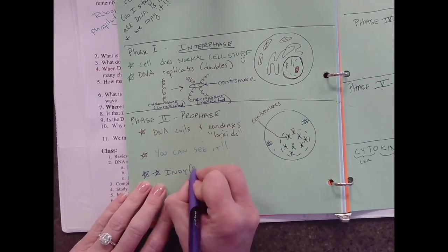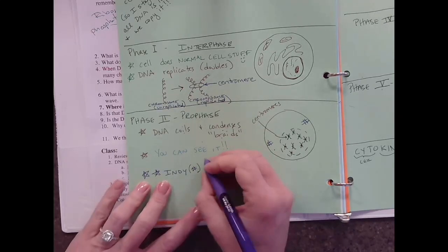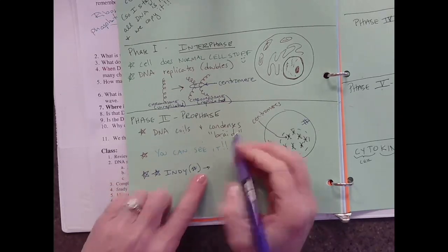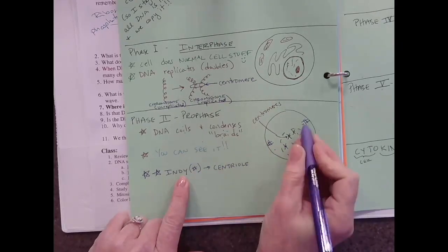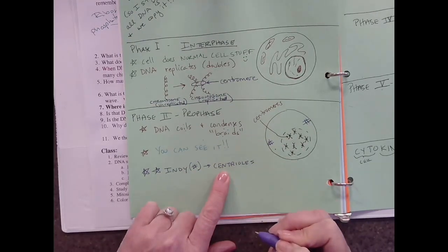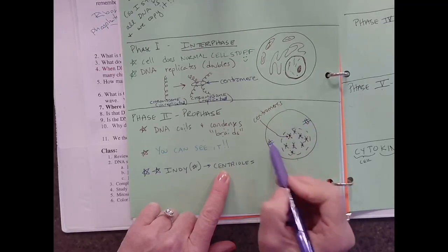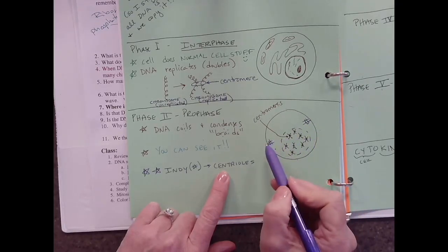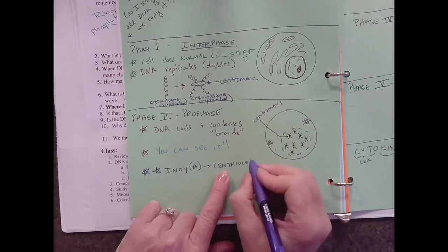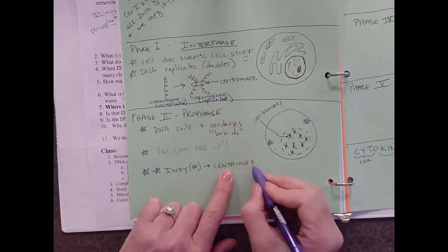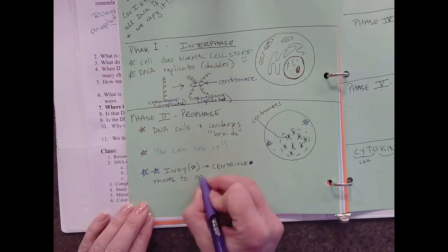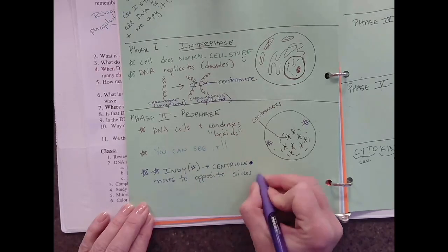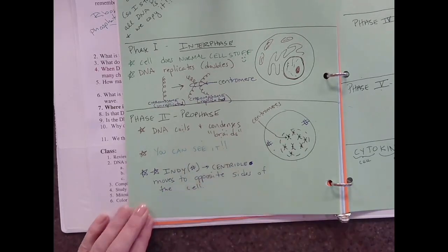Indy has a real name. And I don't love this name because it's too close to centromere. There's 2 Indiana Jones. There's 2 centrioles. Move to opposite sides of the cell. These have been floating around in the cell the whole time, and now they're going to move to opposite sides of the cell. So the hashtag, the Indiana Jones, the centrioles, moves to opposite sides of the